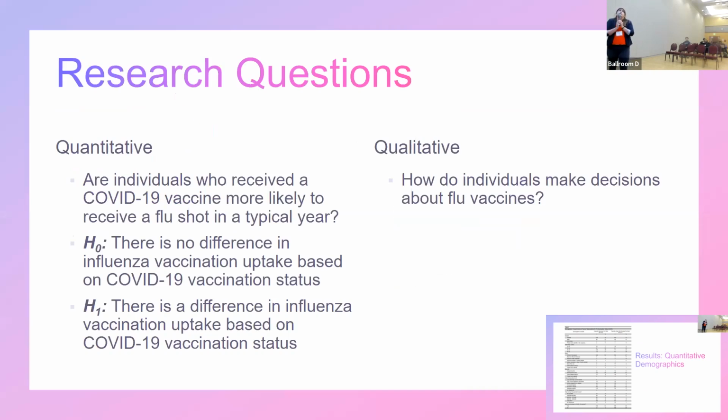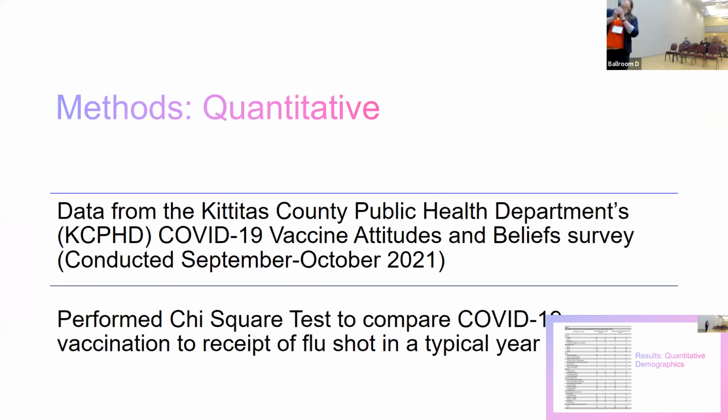Okay, I realize these are tiny numbers, I apologize. So the demographics for the quantitative portion, just a couple things I wanted to point out. There are 581 participants included in this analysis. It is across both groups of, on the left, typically receives a flu shot versus typically does not receive a flu shot. Among both groups were predominantly female, about 3/4. Pretty even distribution across age ranges between the two groups, and slightly overrepresented in white participants.